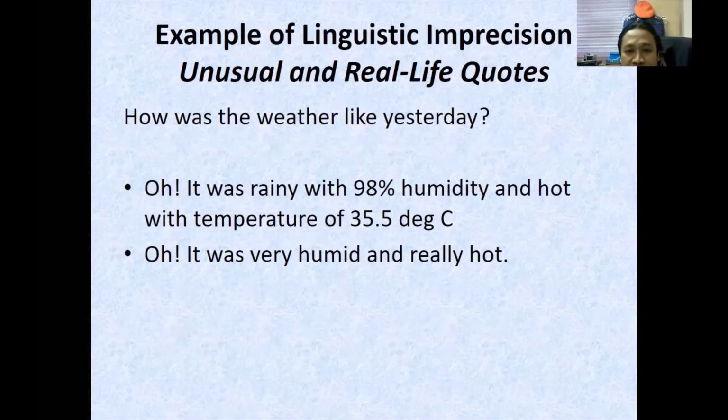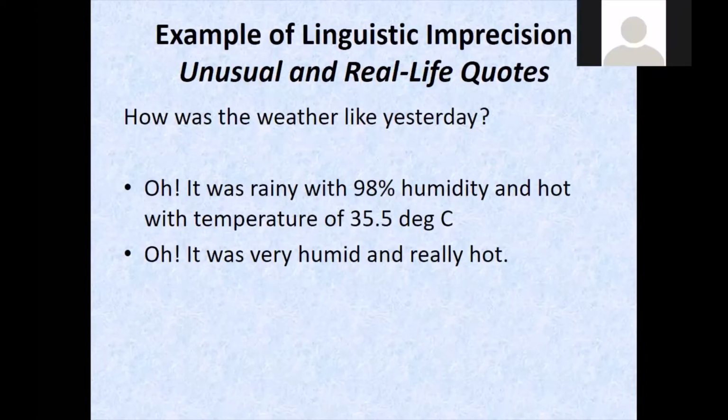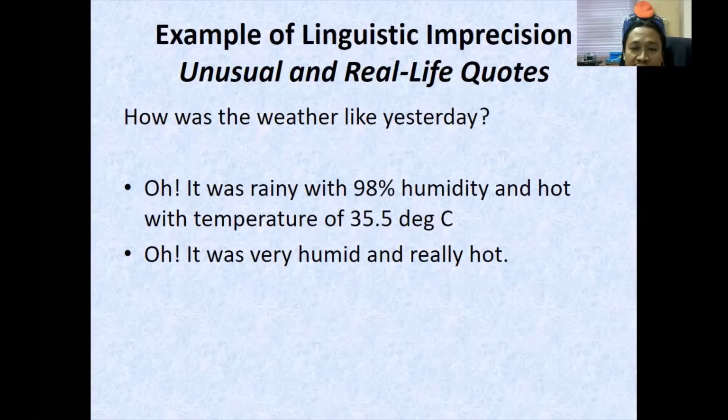So that's why fuzzy imitates this. How does fuzzy imitate, for example, very humid? Fuzzy will set the range for very humid or really hot. We can set the range of temperature for really hot, maybe 30 to 40 degrees. That's why fuzzy logic is normally based on real life codes. They don't use the specifics.